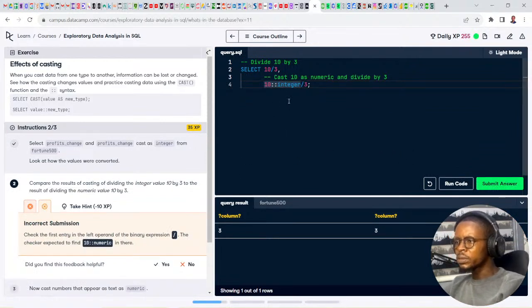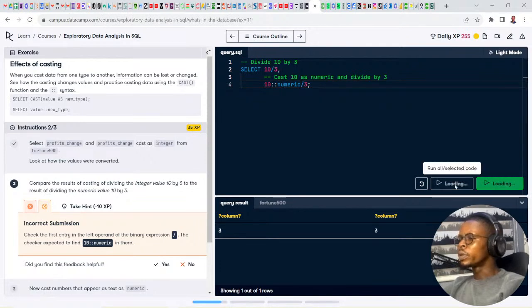Oh, it's a numeric. Let's also use integer. Use the keyword numeric there, and let's see the difference. So numeric is a decimal.